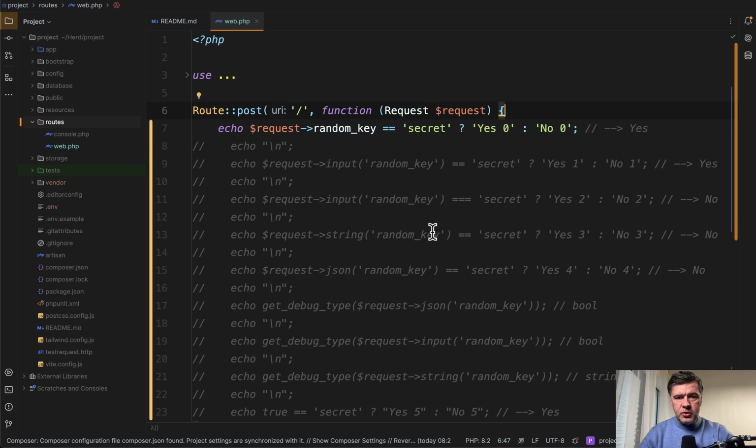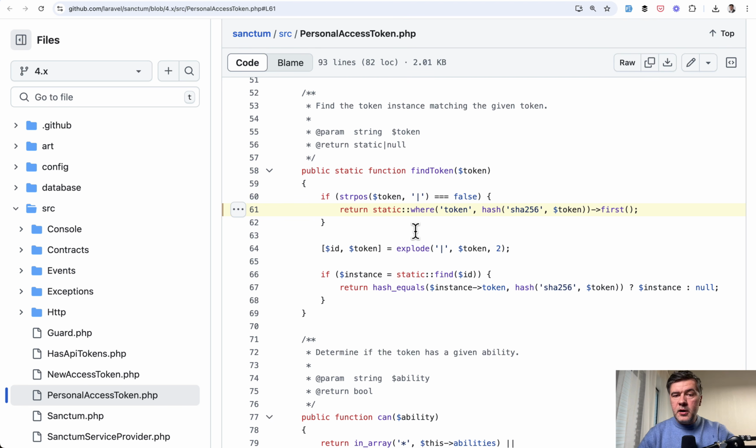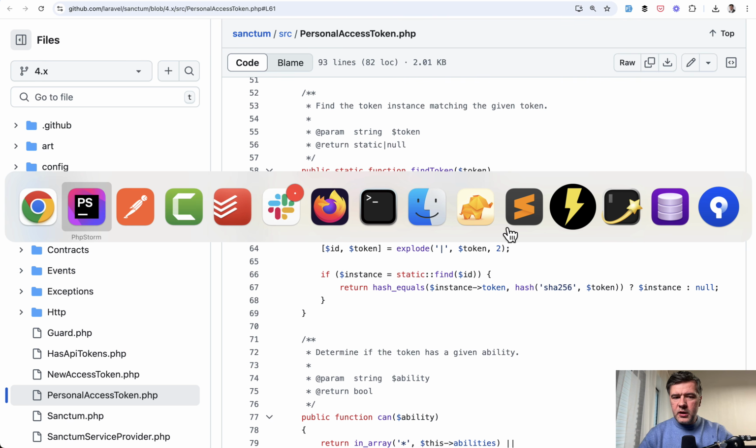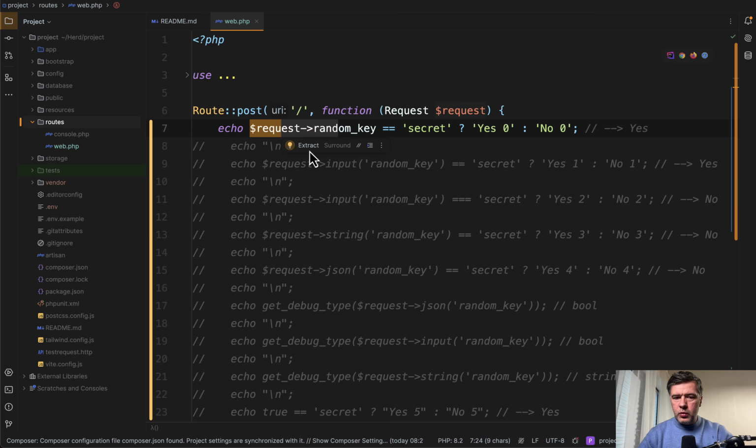So the tweet is correct, the case confirmed. But is it a security issue in Laravel? Not really. And there are actually even two places kinda bad in this code. First, not checking the type, and second, just getting the data from the request without using Laravel functions to get exactly the type that you need. And of course, another good level of security would be encryption. So for example, Laravel Sanctum, responsible for APIs, doesn't compare the API keys directly with equal or strict equal. It's hashed. So that's why it's not a security issue in Laravel, it's how you use Laravel and PHP syntax in your custom code.